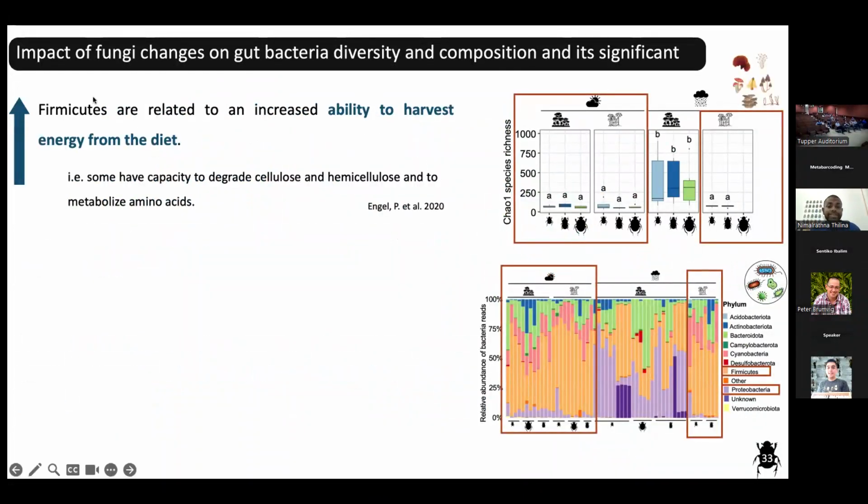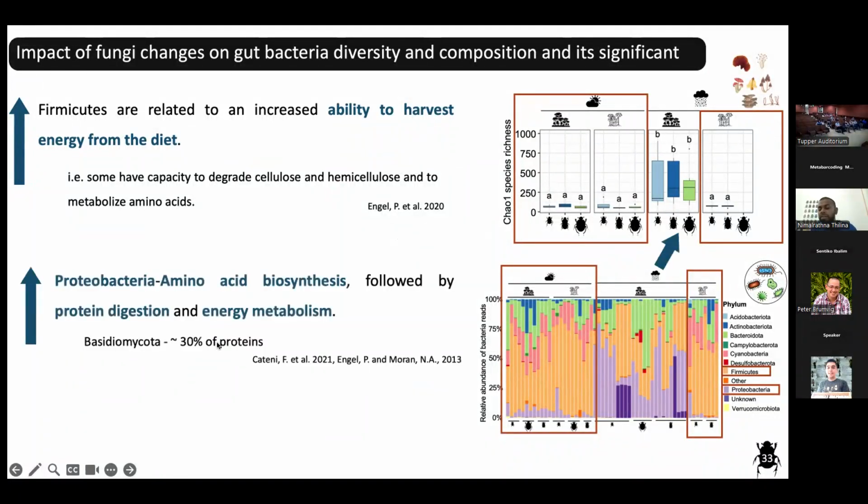When it comes to the Firmicutes, it is higher in the dry season in both habitats, and in the rainy season rubber plantation, which is known to harvest the energy from structural carbohydrate-based materials. So therefore, we can predict that when the fungal diversity is low in those seasons, maybe the dung beetle is feeding on other alternative food sources, like decaying material, which the bacteria help them to digest. When it comes to the dry season, rainy season rainforest, the proteobacteria is increased, which